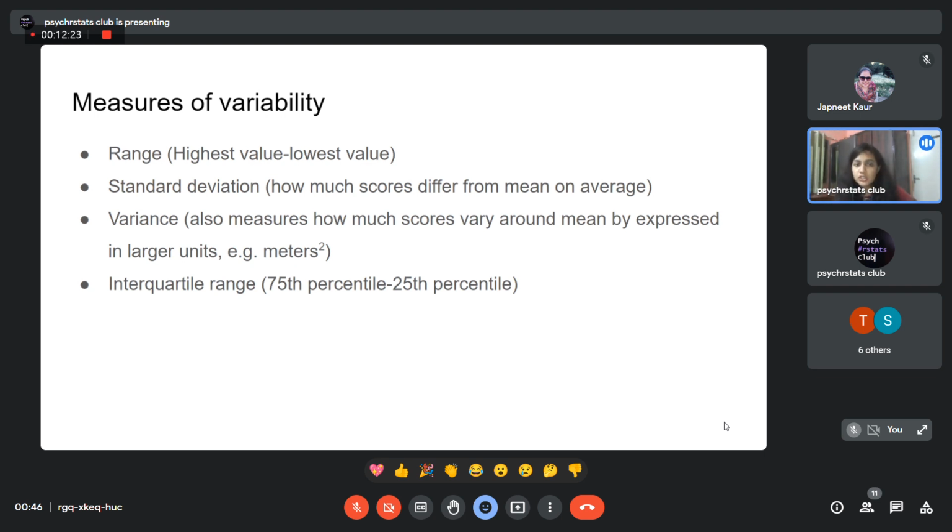And variance also gives you a measure of how much the scores vary. But if you have looked at the formula, it is actually the square of all deviations from the mean. Because there is a squaring, the units of variance are not the same as the original units. So if you were looking at height, your height is measured in meters. If your original unit is meters, the variance would be expressed